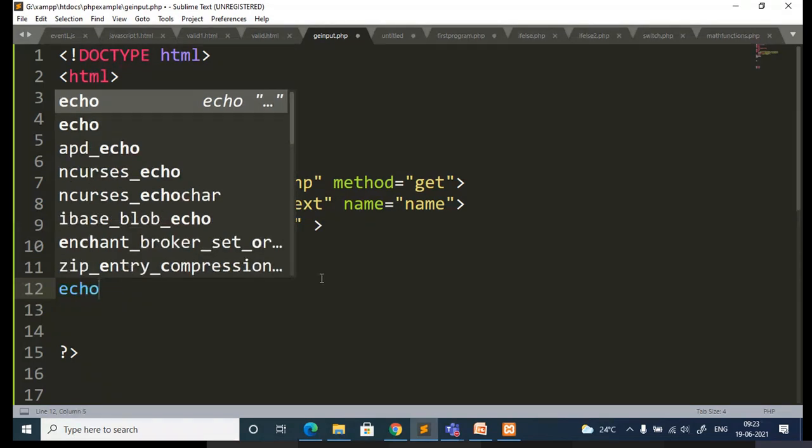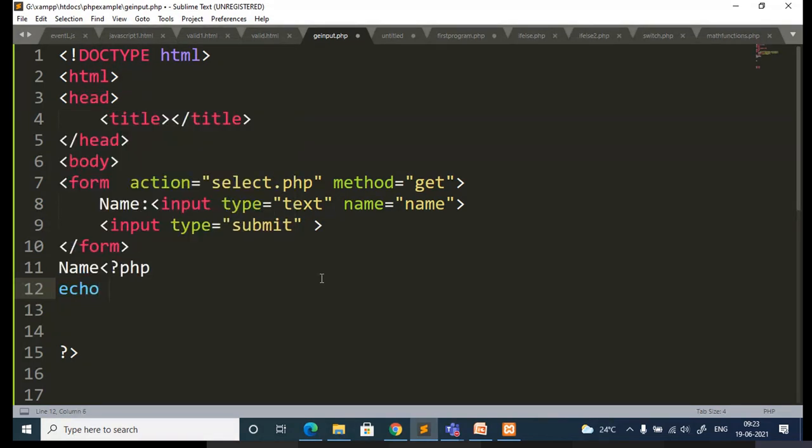So I'll echo on the browser. When you are echoing here, you're going to use one function called $_GET or $_POST, and we'll talk about this function in detail.